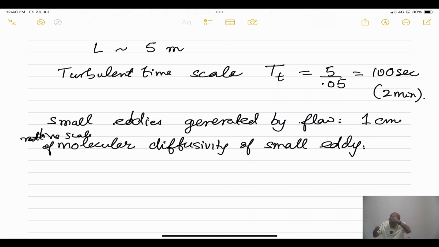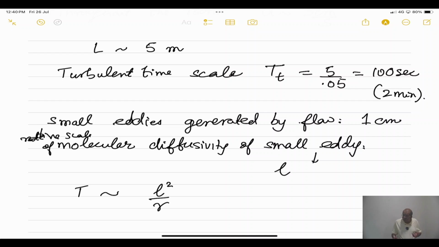The small eddy also will have some sort of molecular diffusion. So what will be the rate of molecular diffusivity or time scale associated with the small eddy? The time scale which we have seen earlier was capital L square by gamma. So now if this eddy has a scale of small L,